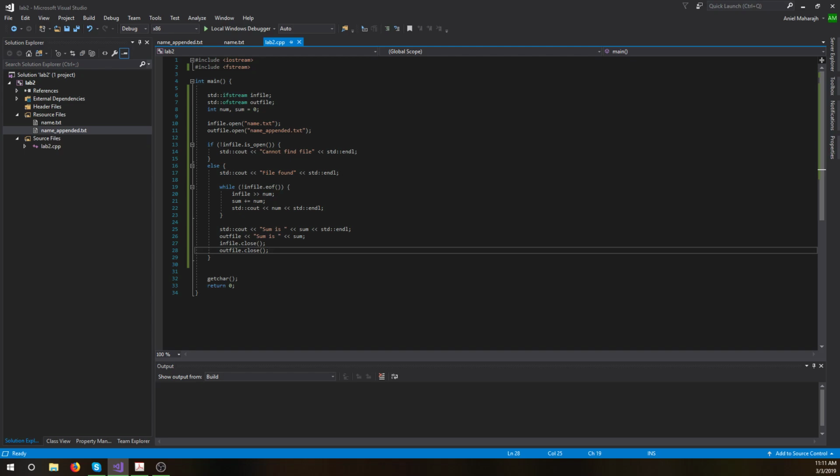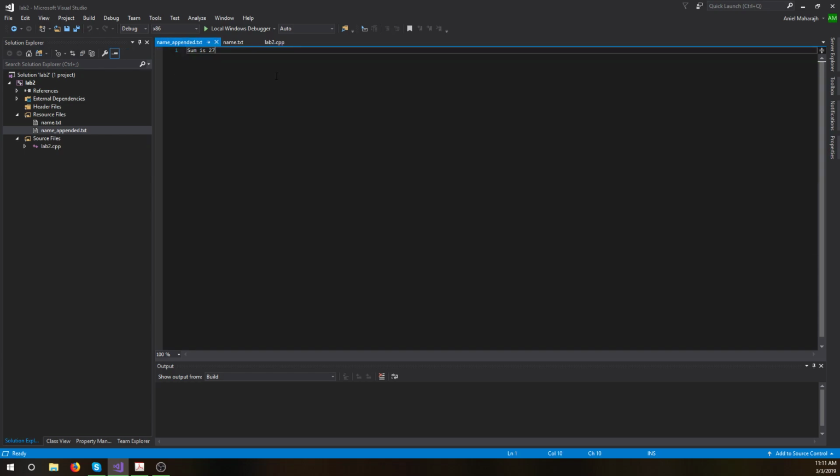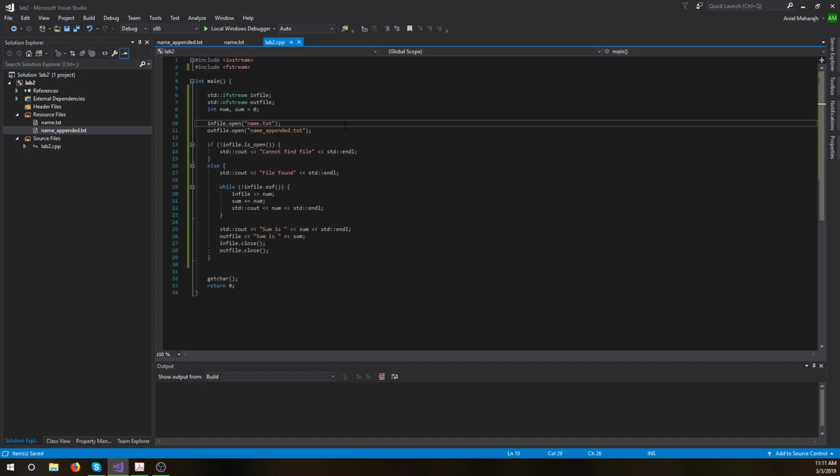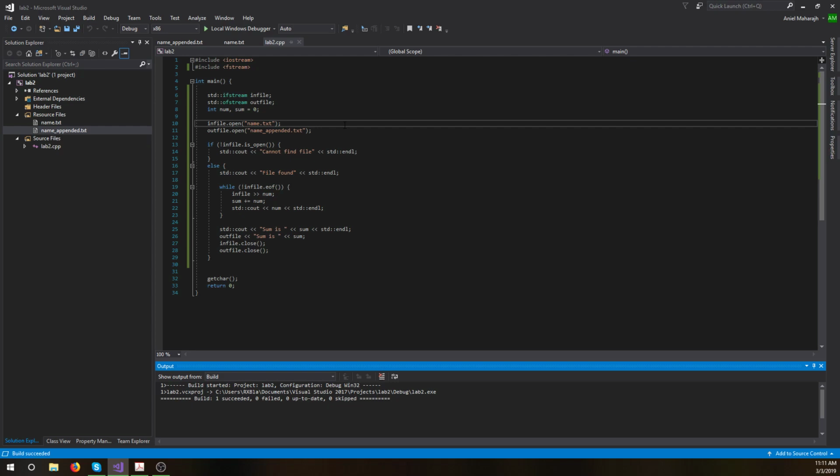Now, the question that may occur is, what happens if we write to a file that already exists? For instance, let's say I go back to name_appended.txt here, and I just add some random nonsense here. And if I rerun my program, so my program runs here,